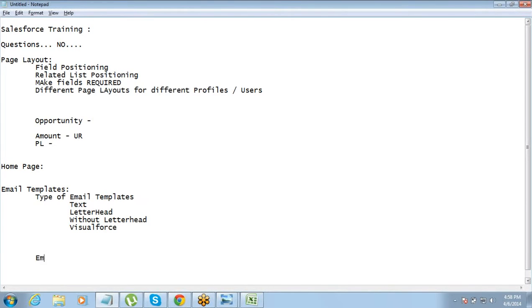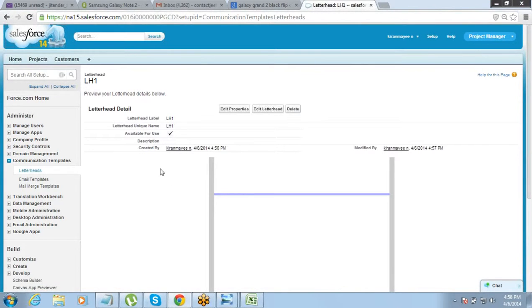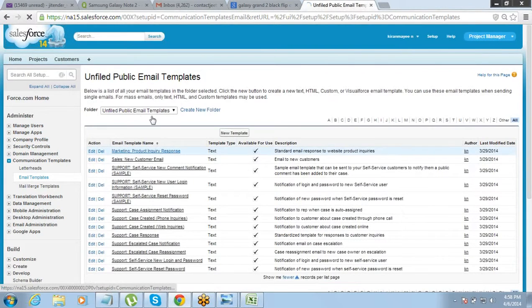template is email templates are stored in folders. All these email templates, whatever we are talking about, these are stored in folders. Okay. If you see, when you go to the email template, you will see that there are folders.